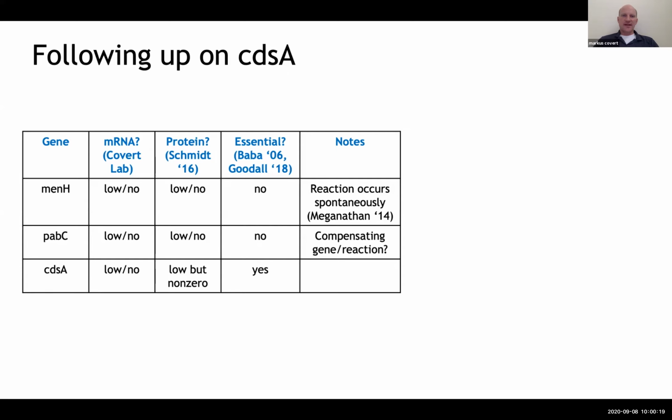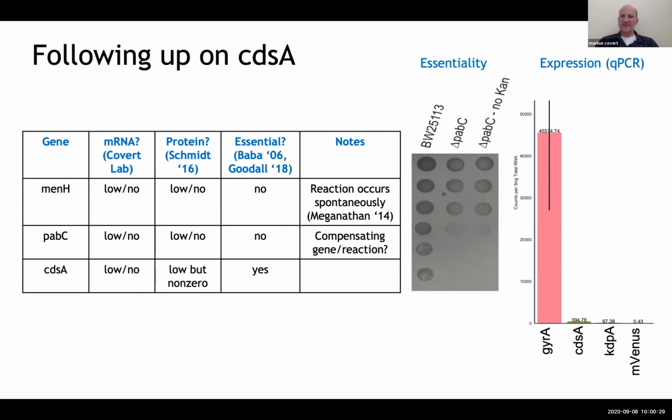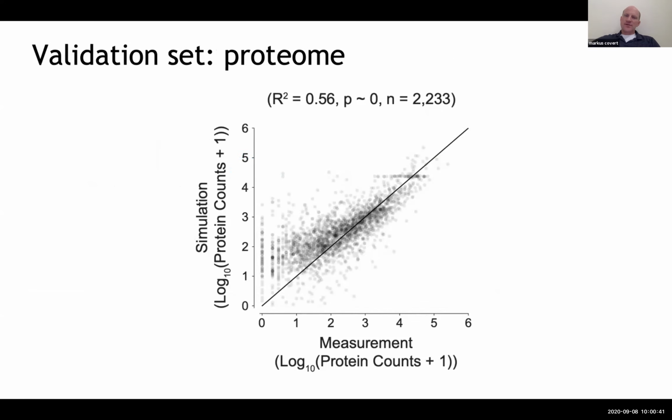And then finally, 2 other groups showed that this was actually an essential protein. So that was kind of mysterious. We were wondering why that had an effect. And we actually went and verified the essentiality on our own, and in fact, also verified, you can see down here, that we do get very, very little RNA. So we just held that as something we didn't know how to answer until we did our 3rd